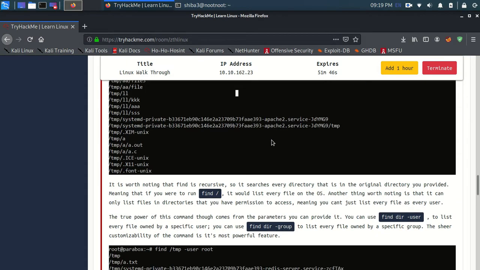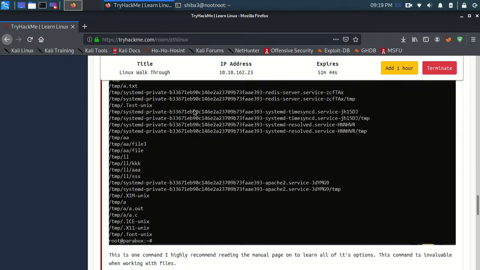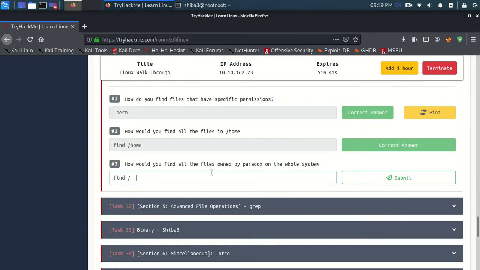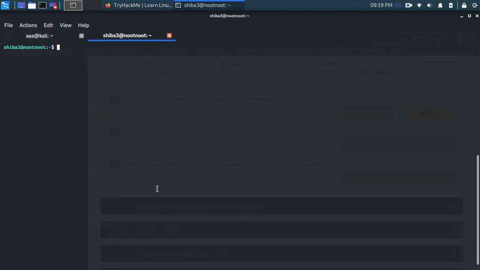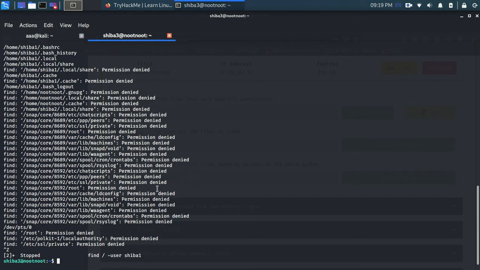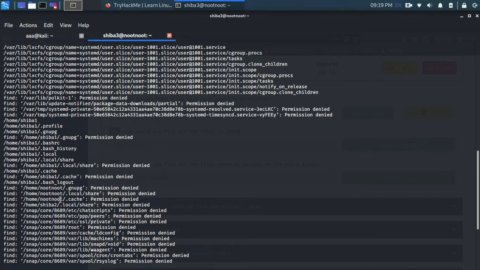To specify the user, it's -user, and the name is Paradox. So this will do. Here I can just do find / where the user is equal to Shiba1. You can see all of these files had the user Shiba1.